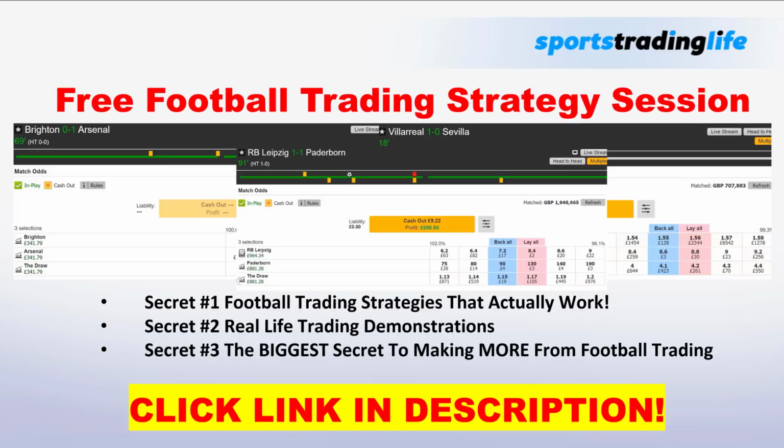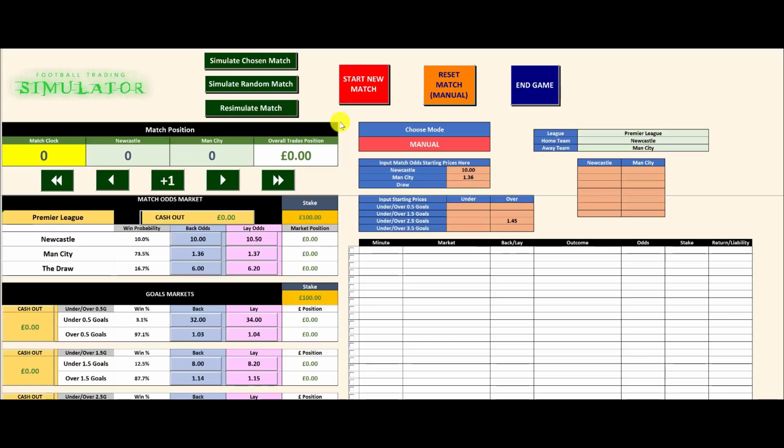But let's dive now into the football trading simulator and let's get a real direct comparison of that same over 2.5 goals trade that we did, but we're going to try some different approaches. Let's take a look. So what we've done here is we have recreated the same match and the same market inside the football trading simulator. And what we're going to test is to see what our profit would be in the same match if we went in straight at kickoff with 100% of our stake. Okay, no dripping in of the stake. So then we can get a good comparison and see which approach is the better or more profitable one.